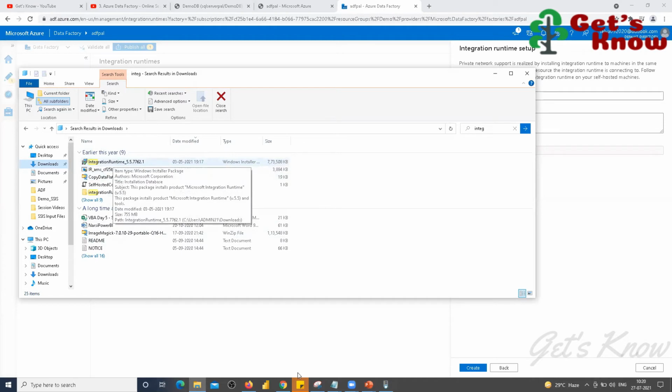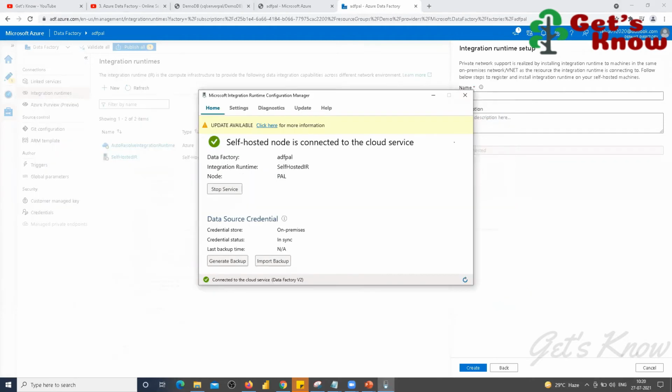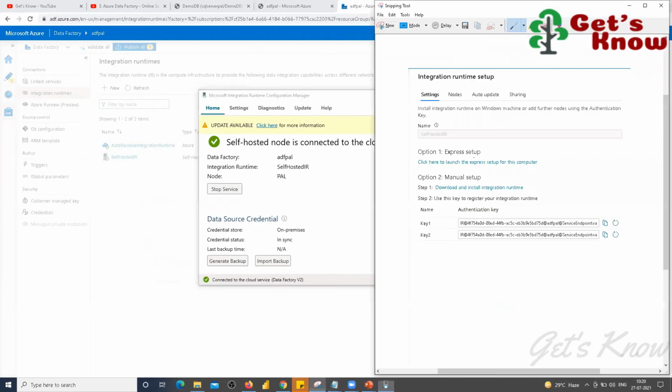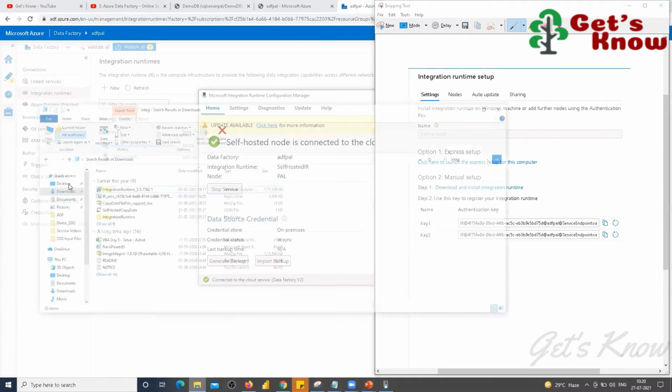Where can you download it from? The first time you open the integration runtime settings, in this window you can see option two, download and install integration runtime. You can download it by clicking this link, and then install it by double-clicking this exe file.